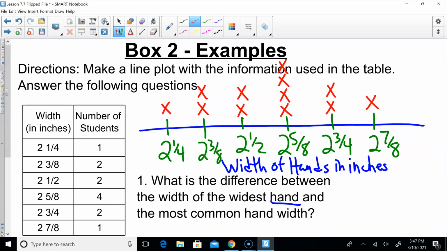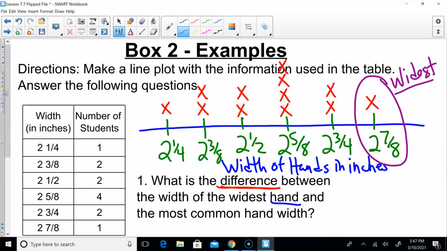So now we're looking at what is the difference between the width of the widest hand and the most common hand width. Whew. Let's figure this out now. So what is the difference? When I think about difference, I can't say one's bigger than that. I actually want to use a subtraction problem of the width of the widest hand. Well, it looks like the widest hand right here, this one would be my widest. And the most common hand width, well, it looks like this one right here is my most common because it has 4 people